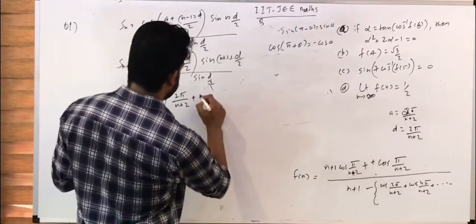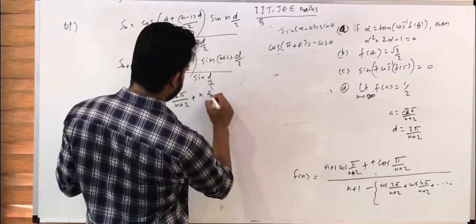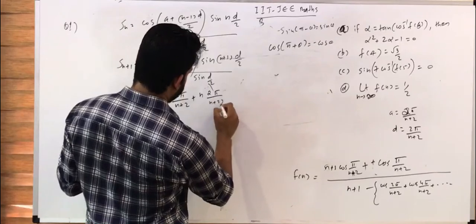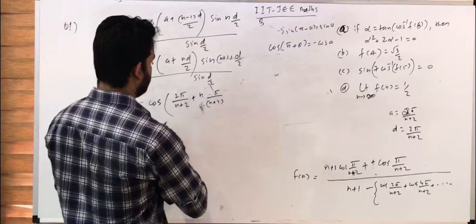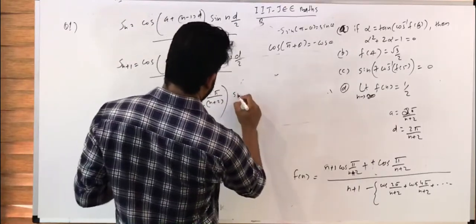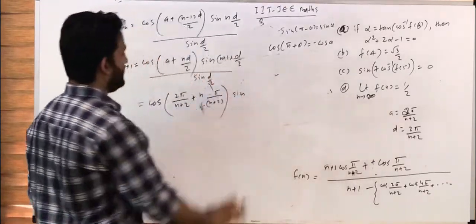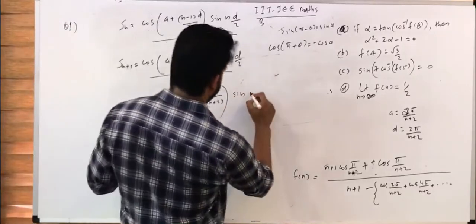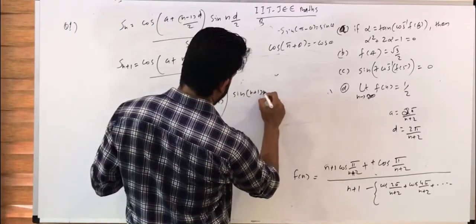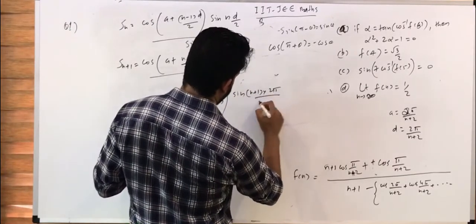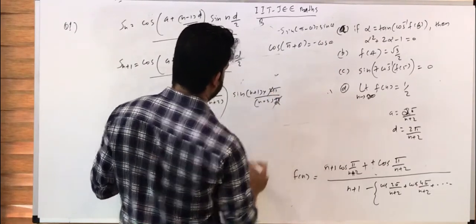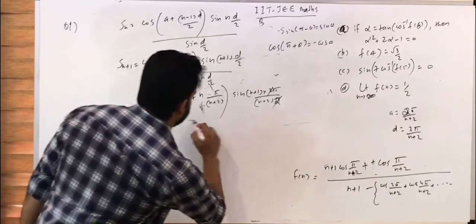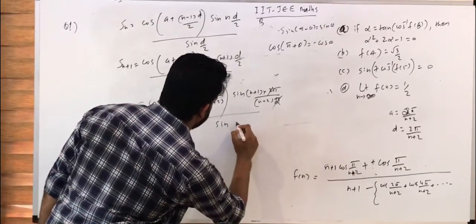Nd by 2 means n into d, that is 2 pi by n plus 2, into 2. These two get cancelled. Okay. Into sine of n plus 1 into d by 2, that is n plus 1 into 2 pi divided by n plus 2 into 2. This 2 gets cancelled. Divided by sine of